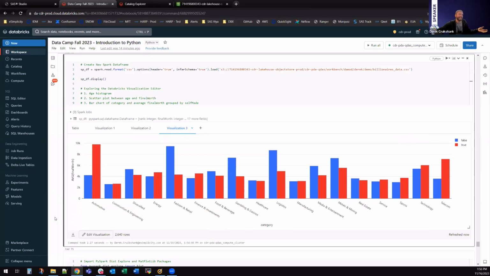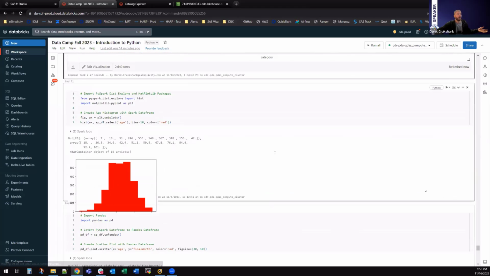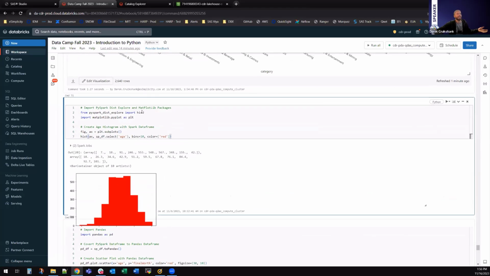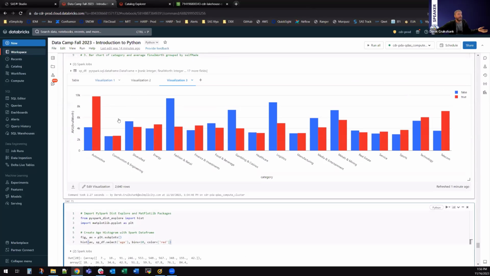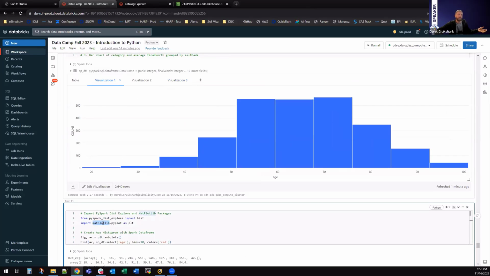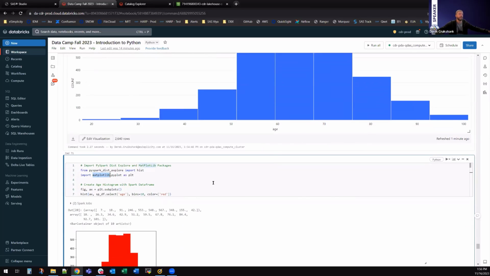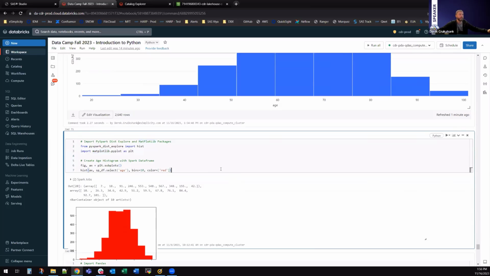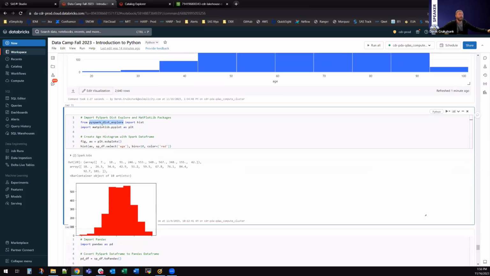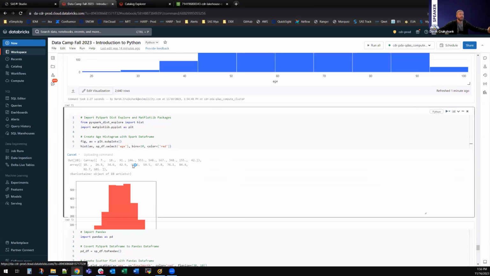I've got the exact same syntax below here within the workbook that shows how we can create these same visualizations utilizing matplotlib, which is a very common library you can utilize to modify different types of visualizations. Specifically here, we're using a PySpark distribution explore package that we're importing, and specifically we're importing the histogram package. So what you can see here is,